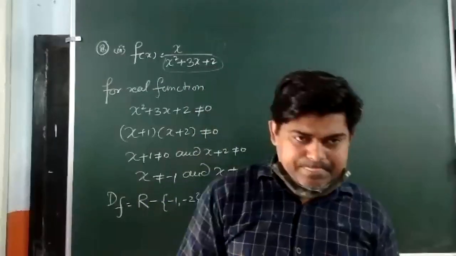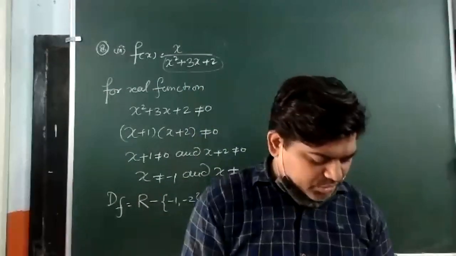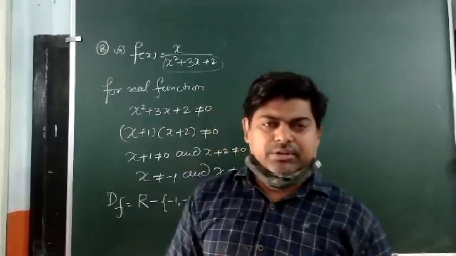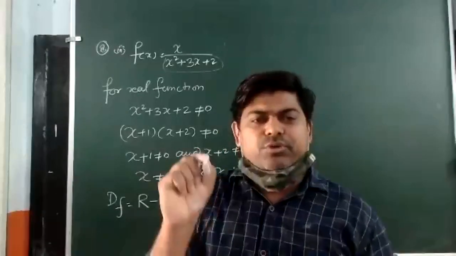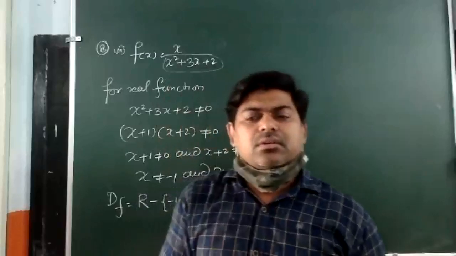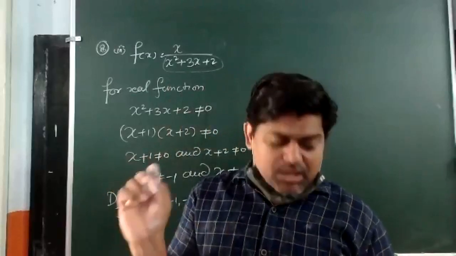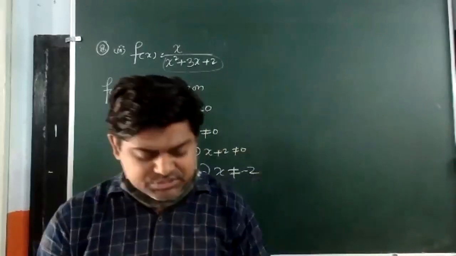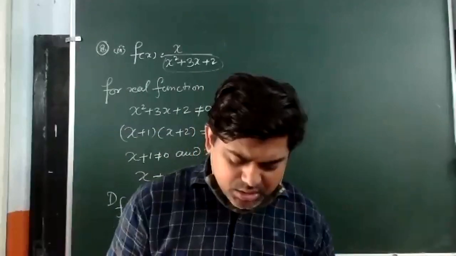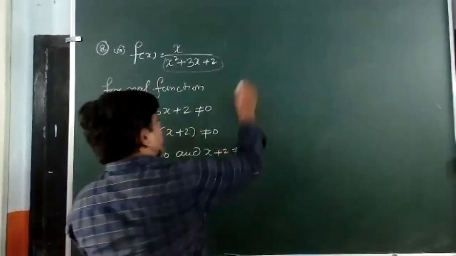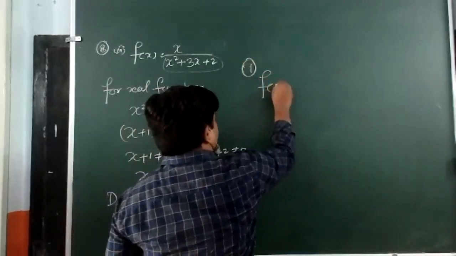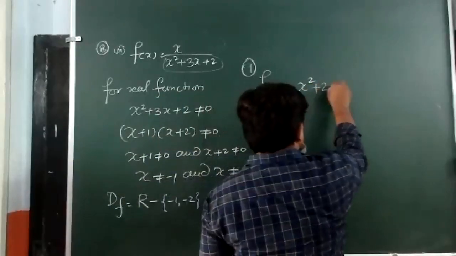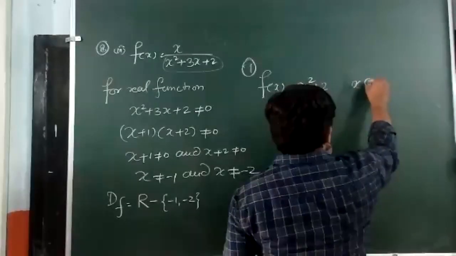Okay, let's start. Don't worry, at the last moment I'll give you time for asking questions. So this is question number 8, where we have to find the domain only. That was very easy. Domain means the values of x for which the function is defined. That is okay. Now in question number 9 also we have to find the range only. Now how to find the range? This is an important point, and that book will help you. Number 9, I'm taking the first part. It is f(x) is equal to x square plus 2, and it's written x belongs to R.